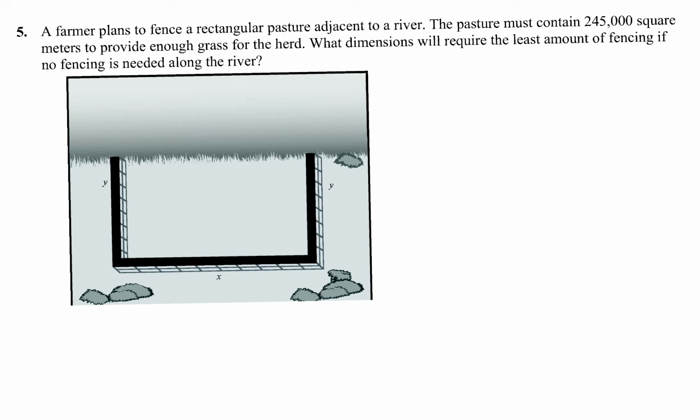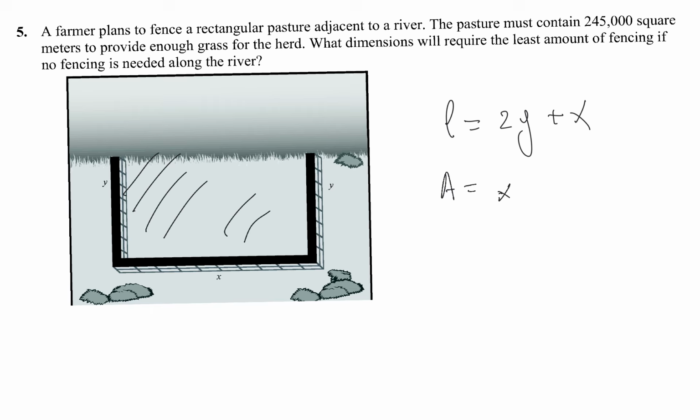And you want to minimize the amount of fence. So the length of the fence is 2y plus x, and you want to minimize it in a way that you maintain the area here. The area is x multiplied by y, and the area should be